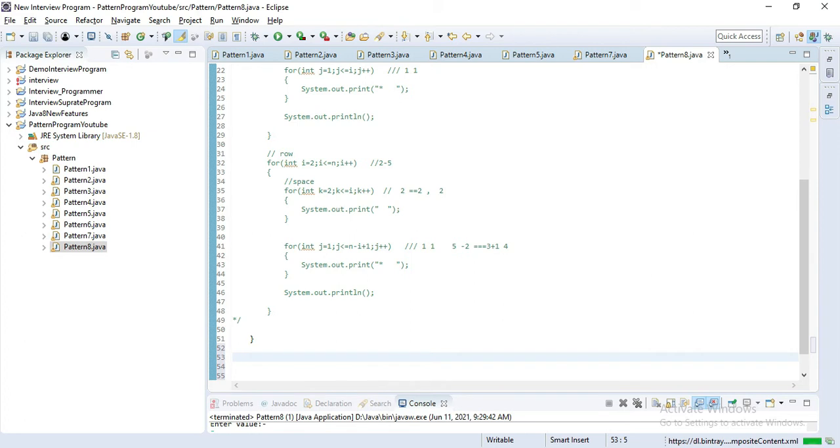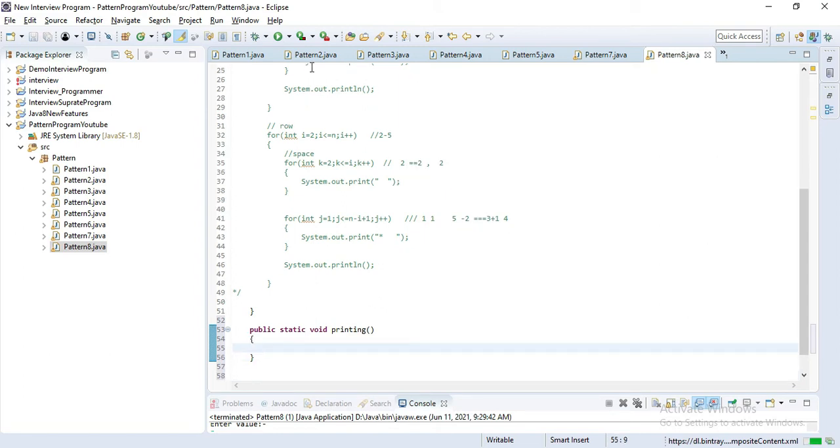Simply create one method, public static void, and I'll give the method name as printing.